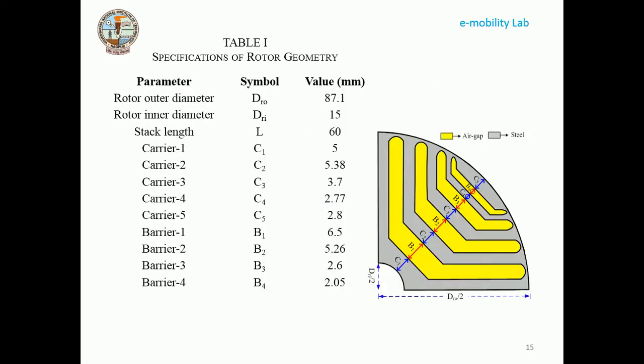So these are the evaluated values for my rotor. For carrier number 1, this region, what is the length, all are provided in mm. This is the outer diameter of the rotor, inner diameter, and this is the shaft diameter. Then carrier number 1, 2, 3, 4, 5, you can see here in this region. So these are the design values for this rotor.